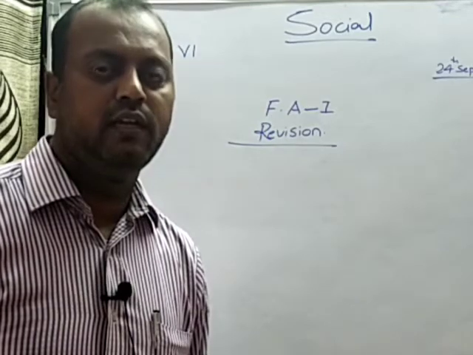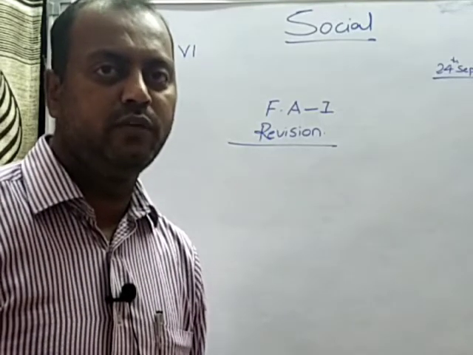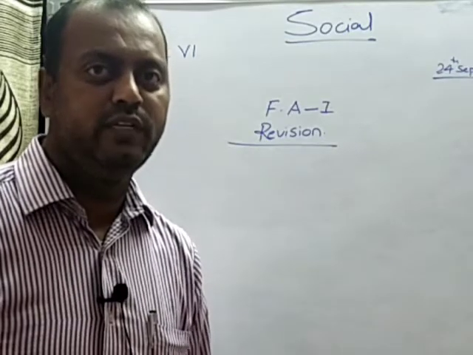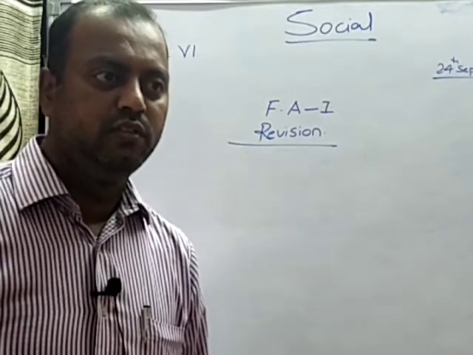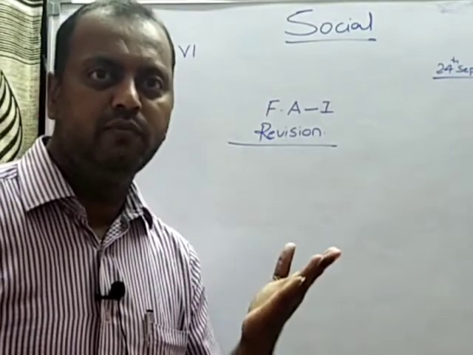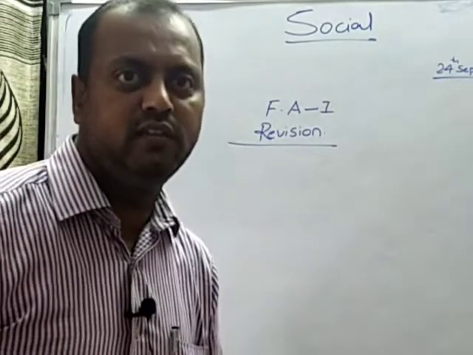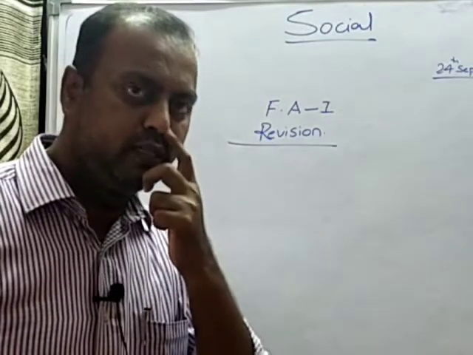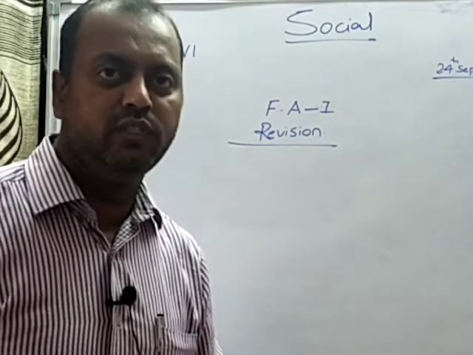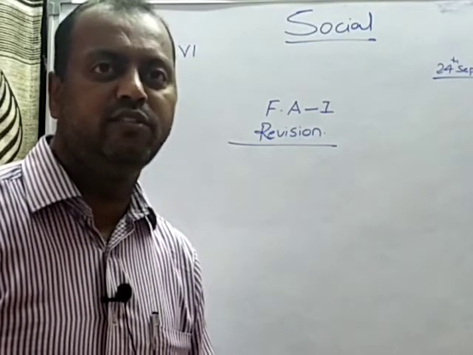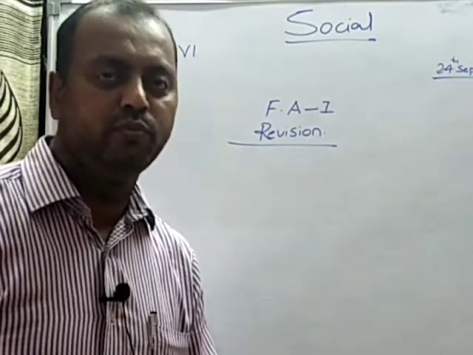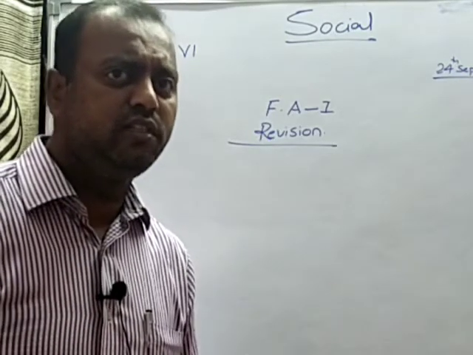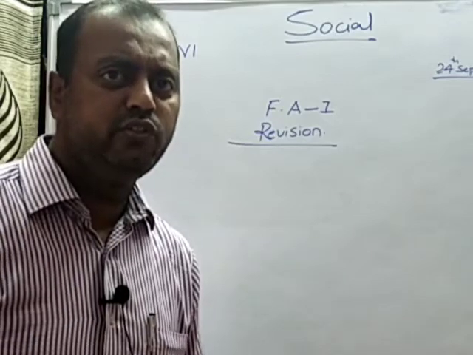Children, we were learning about the revision of formative assessment 1. As a part of that yesterday, we tried to understand the first unit, that's the reading of the maps. Generally, on the top of the map, which direction will be placed? It's the north, okay? So, do not forget that one. And the symbols, the conventional symbols, and even the scale, the ratio between the actual distance and the map distance, will be taken into account in order to prepare the scale. And the third one is the directions. So these are the three important requirements in order to make a map.